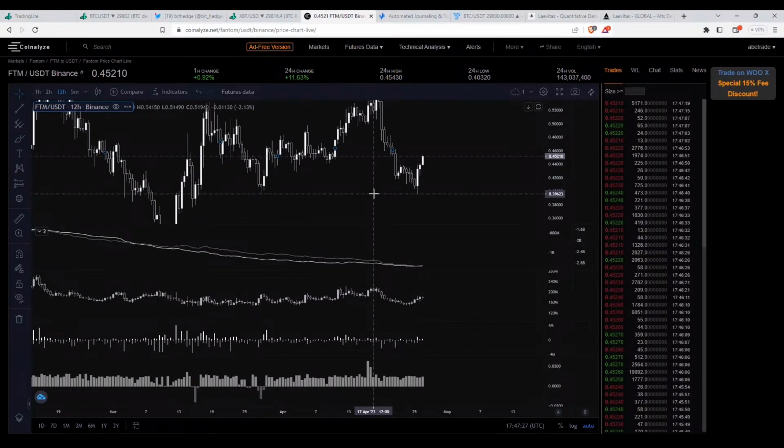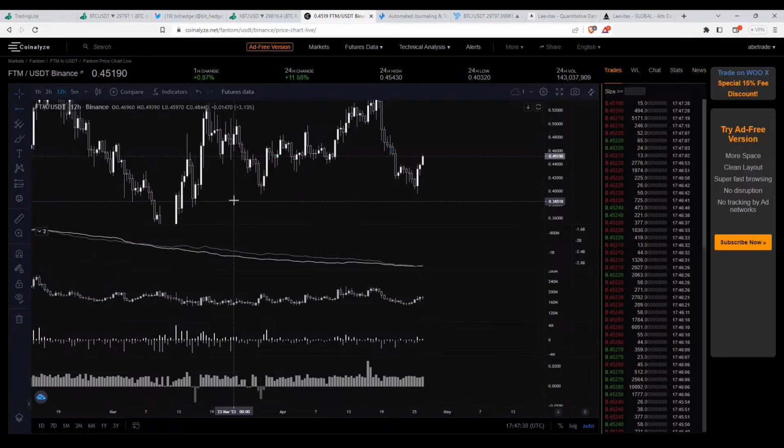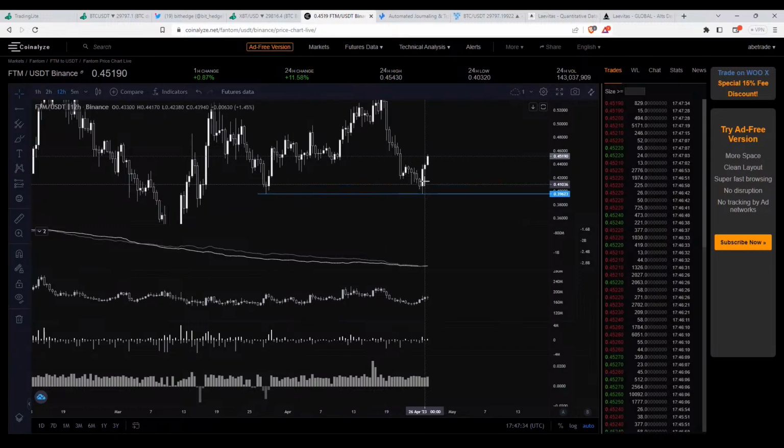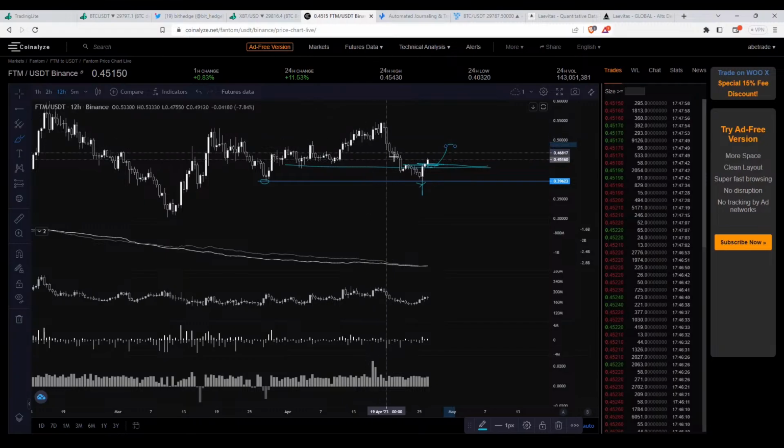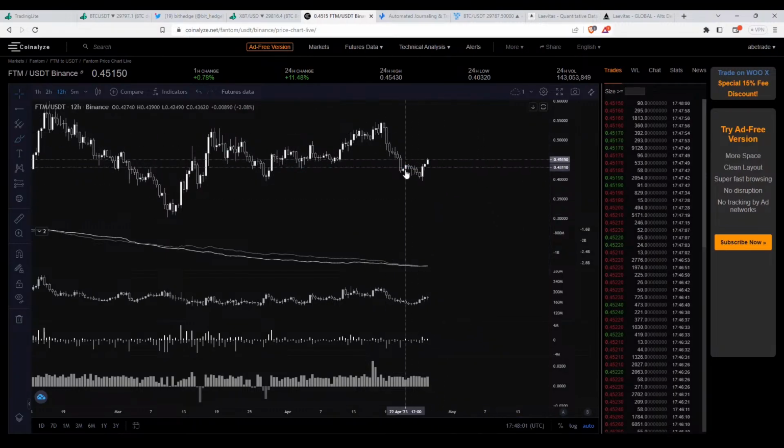Price action wise, this is looking okay. I would love to see a deeper push under this. We left the double bottom at least, but you are breaking market structure here to the upside. You are getting back above this level of support. So as long as this holds, like I said, the double bottoms suck. I am not a fan of double bottoms. I would much rather see some bigger wick under that. But as long as you are coming to the retest of this high, this is not looking that bad for a push to the upside. But once again, compare this to BTC.